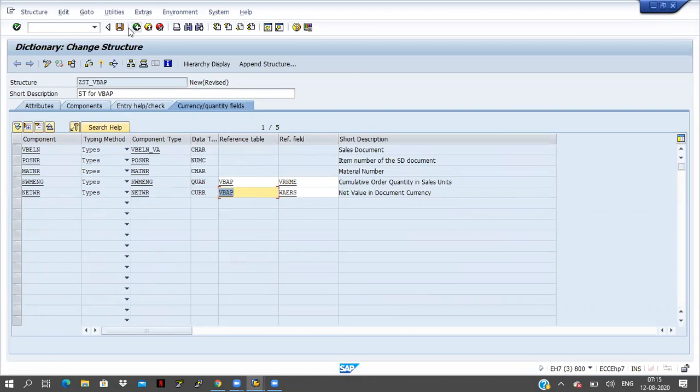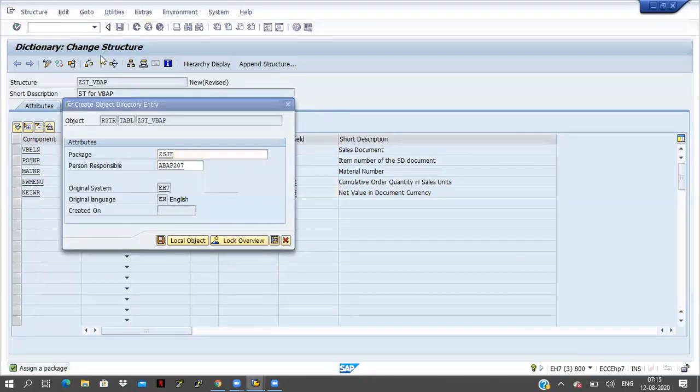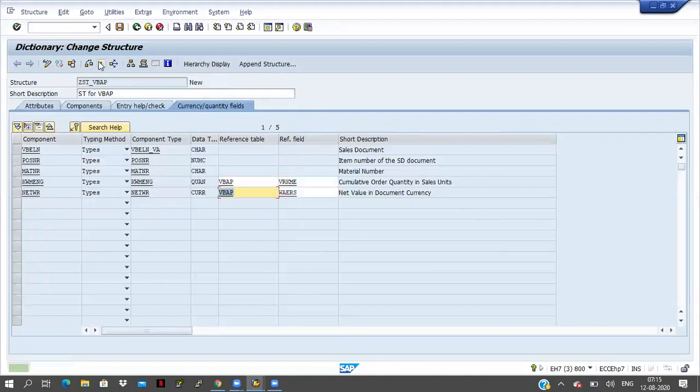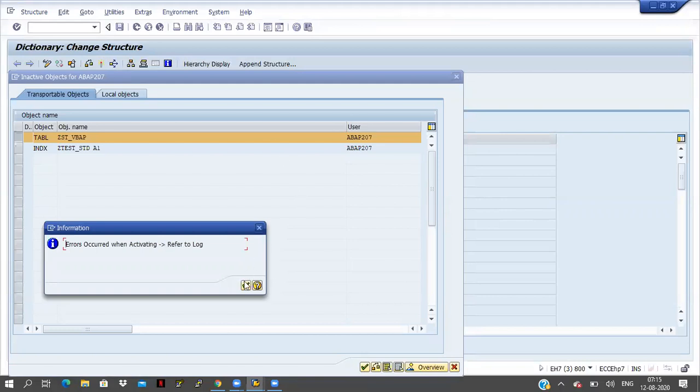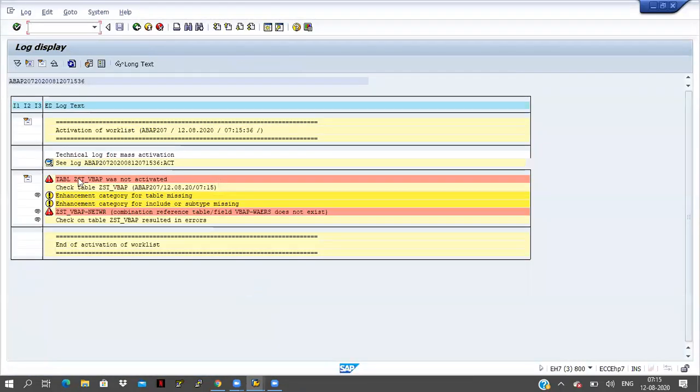Okay, now I am saving this and activating this. ZST_VBAP NETWR: combination of reference table and field WAERS does not exist. Okay, fine.